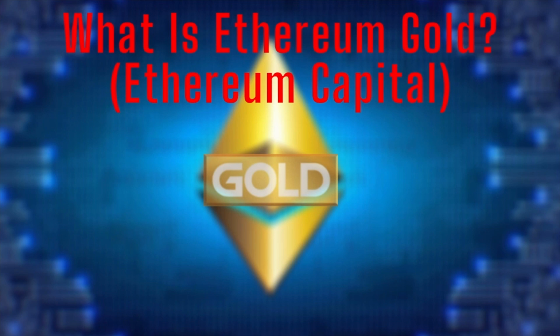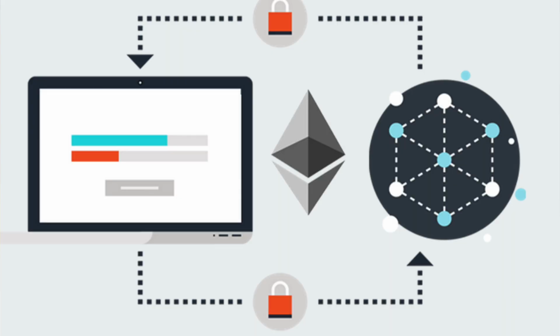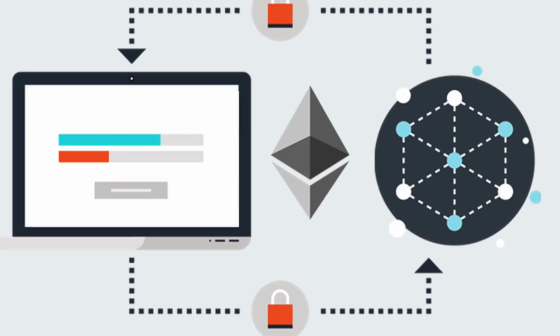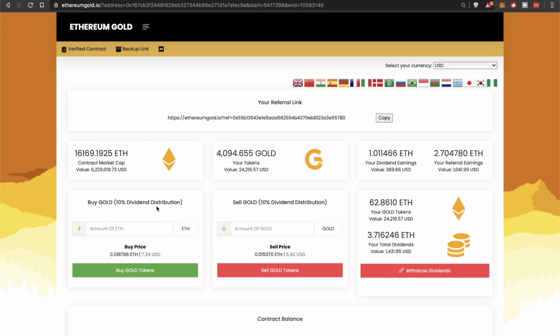Now, basically, guys, with Ethereum Gold, just in a very brief summary, it's a smart contract, okay, where once you are entered into the smart contract and you are a token holder, you will be receiving dividends distributed to you depending on how many gold tokens you have, right? It's simple. It's based on volume. This isn't a 1% or 2% a day or anything like that. This is based on the volume of people buying and selling. Sure, there may be days where people might not buy or might not sell, and you won't be receiving any dividends. But then there are going to be days where we're going to have massive pumps, right? And massive sell-offs where you're going to be able to capitalize and gain dividends.